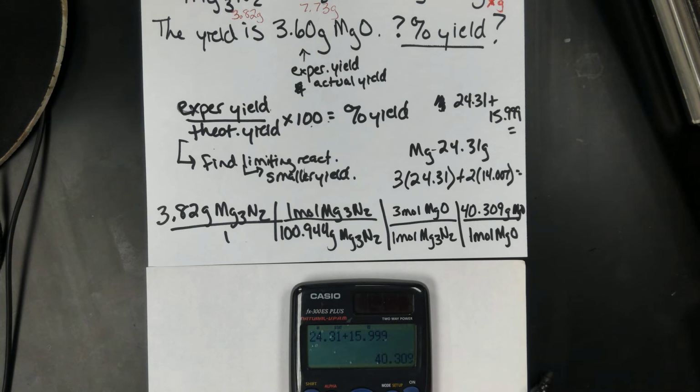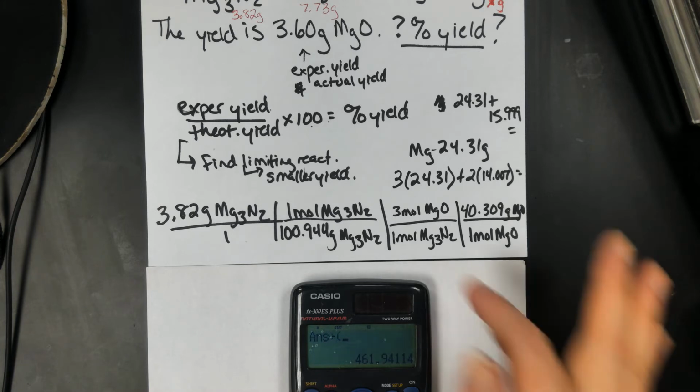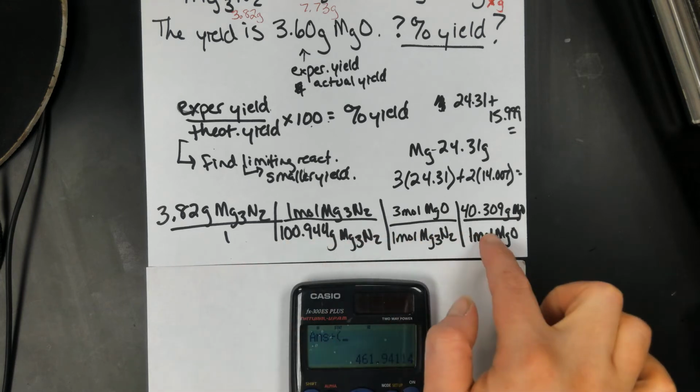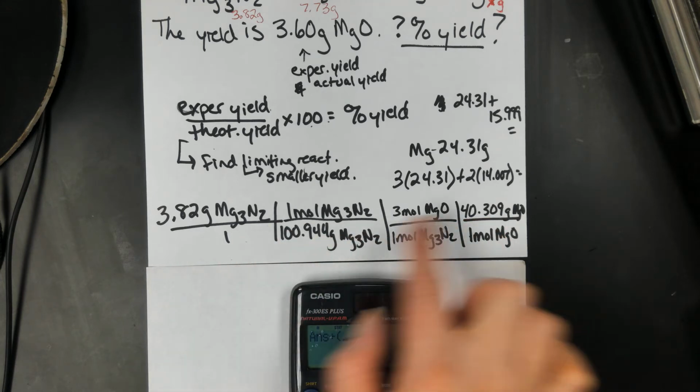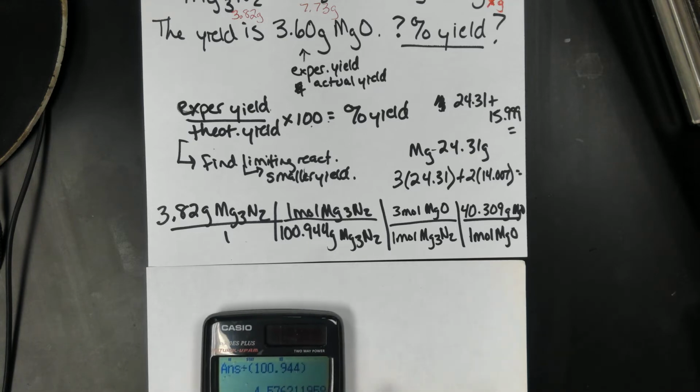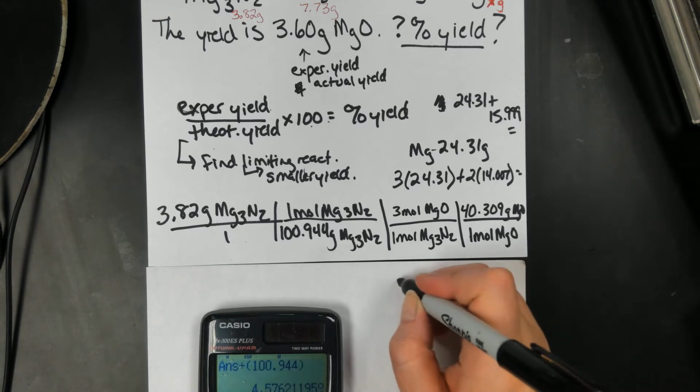Multiply all the top, divide by all the bottom, so 3.82 times 3 times 40.309, and then divide by, and I'm putting it in parentheses, but I guess I didn't really need to do that because everything on the bottom here is just 1, 1, 1, and then the 100.944. 100.944. And parenthesis, and I get 4.57. We'll say 4.58